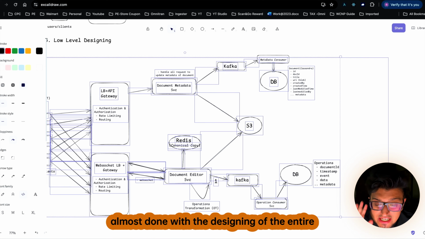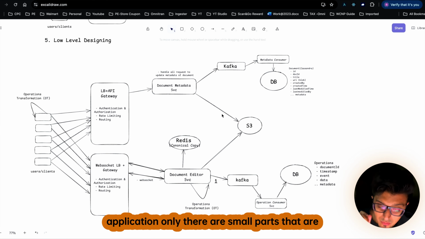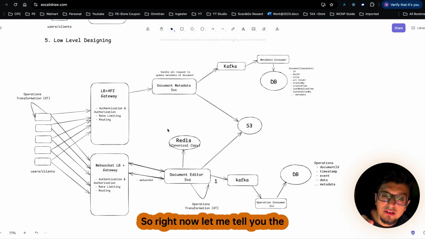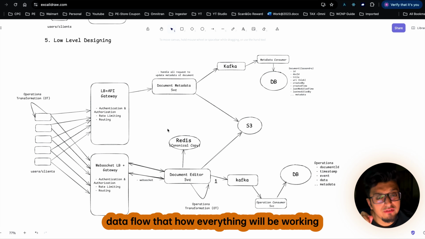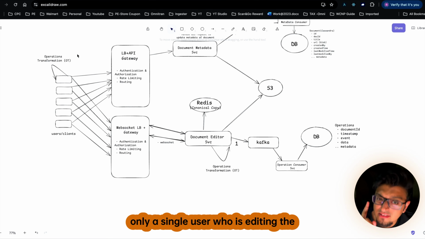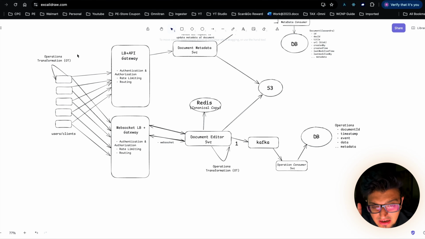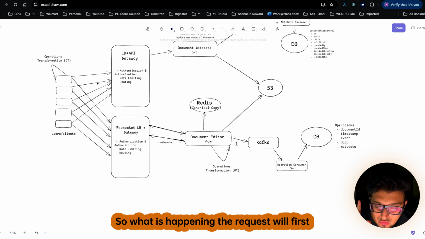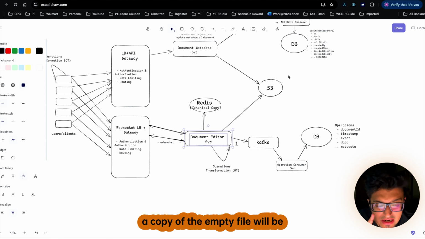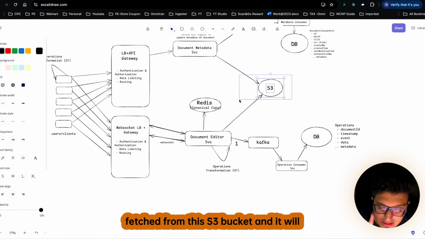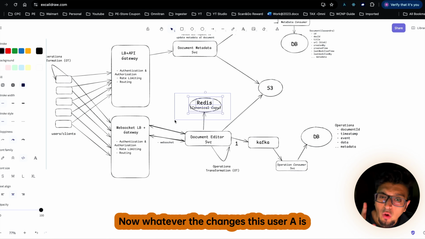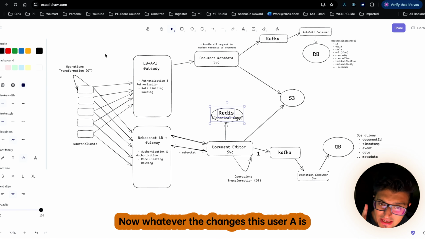So here, if you look carefully, we are almost done with the design of the entire application. Only small parts are pending, which I will be explaining very soon. So right now let me tell you the data flow, how everything will be working over here. Let's take an example where there is only a single user who is editing the file. The request will first come to the document editor service, and a copy of the empty file will be fetched from this S3 bucket